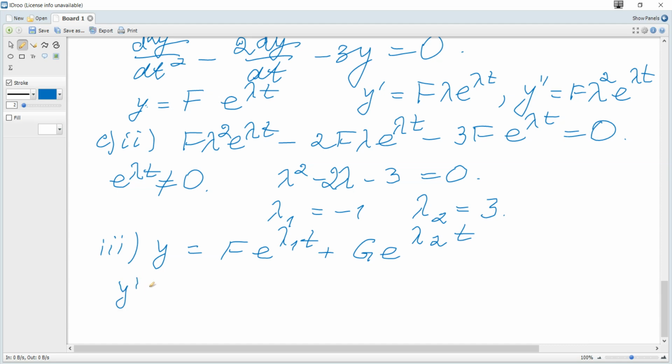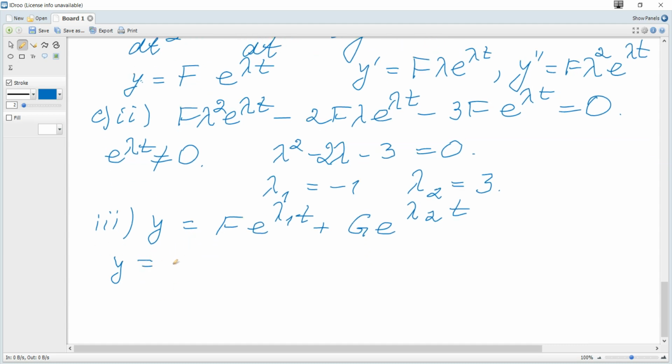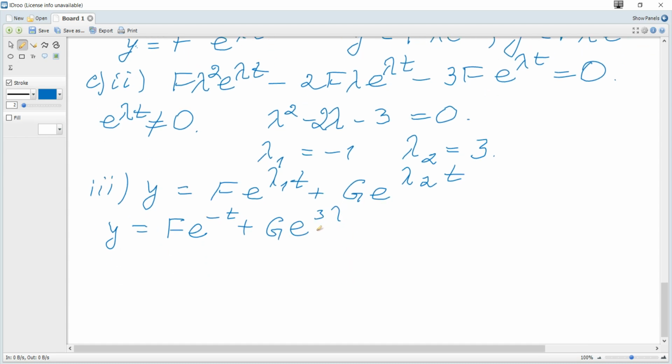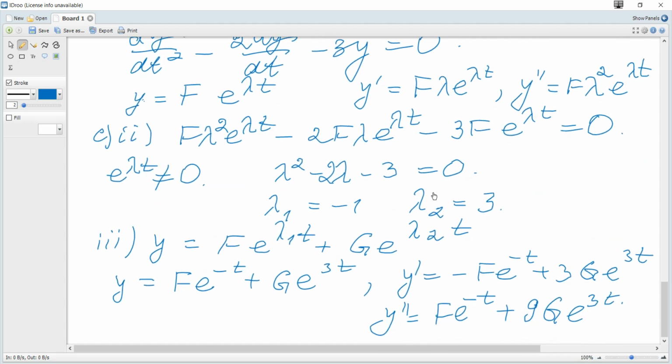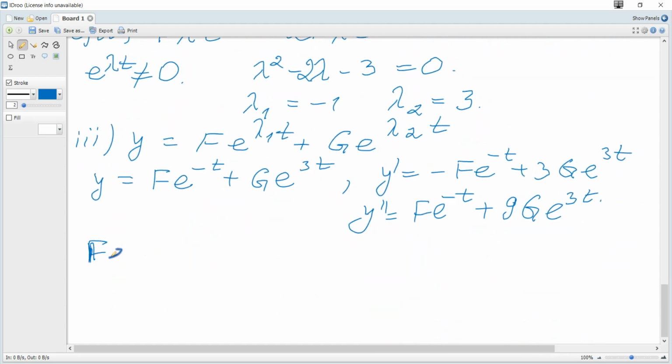So let's find firstly the first derivative, or actually we can substitute our values for lambda, so y is f e to the power of negative t plus g e to the power of 3t, and the first derivative becomes negative f e to the power of negative t plus 3g e to the power of 3t, and the second derivative becomes again minus, so plus f e to the power of negative t plus 9g e to the power of 3t, and substituting we get the second derivative, so f e to the power of negative t plus 9g e to the power of 3t